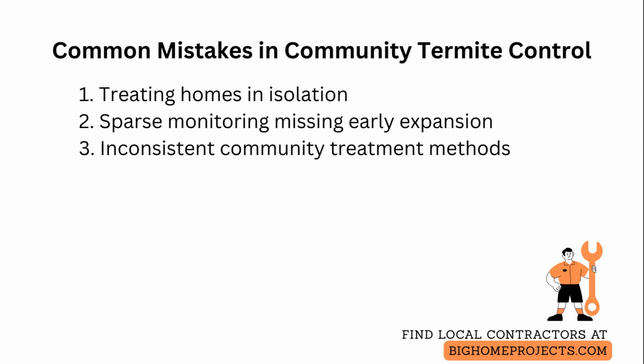so coordinate timing and methods with neighbors and the municipality. A second mistake is sparse monitoring that misses early colony expansion, so increase station density and inspect more frequently to detect shifts in activity. The third mistake is inconsistent treatment methods across the community, which undermines eradication. So agree on a core protocol for baiting and barriers, document treatments, and share results so adjustments can be made